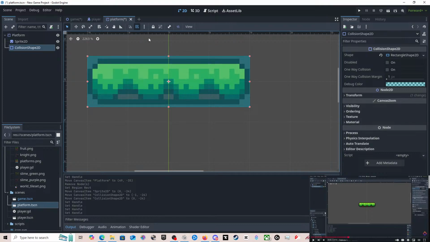Pixel snap, take off. Nope. Not like that. Yeah, I don't like that.